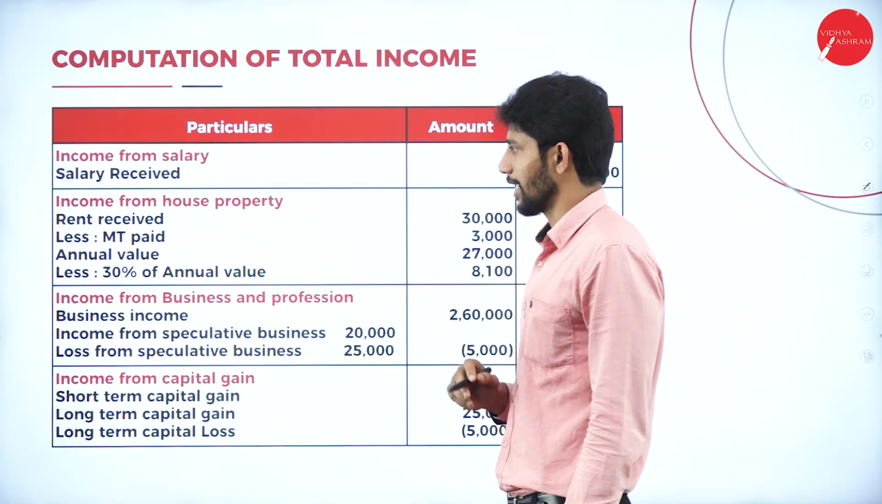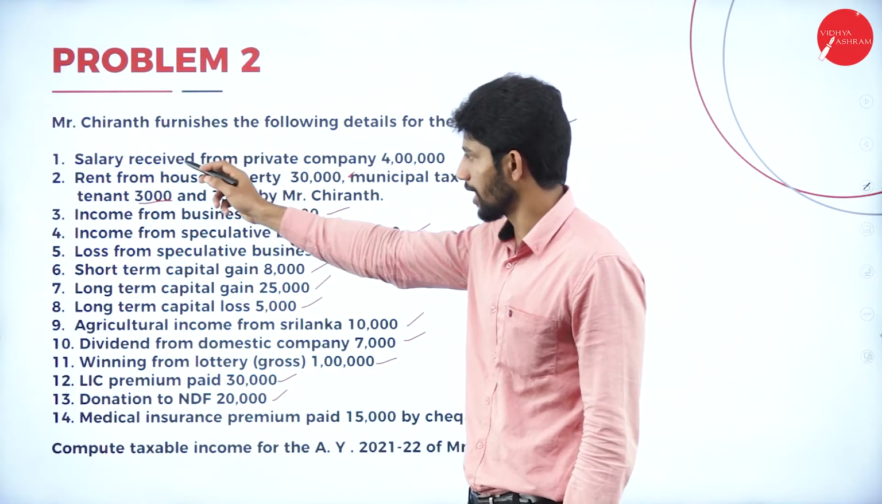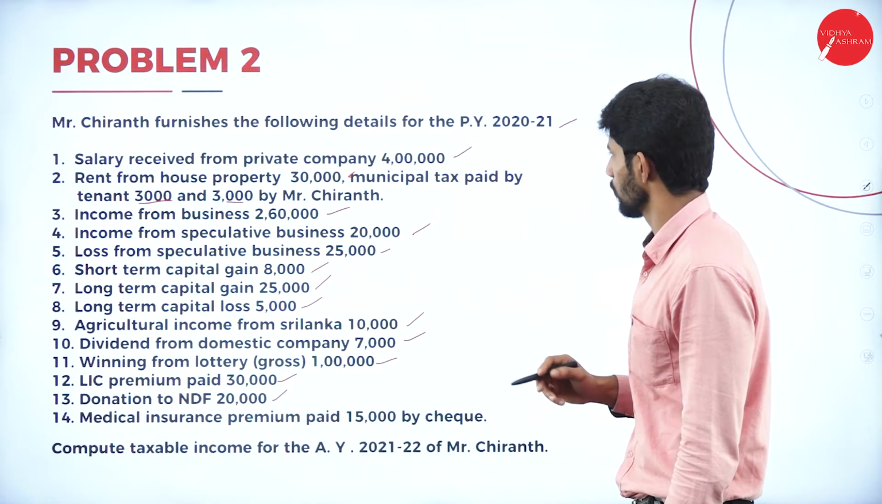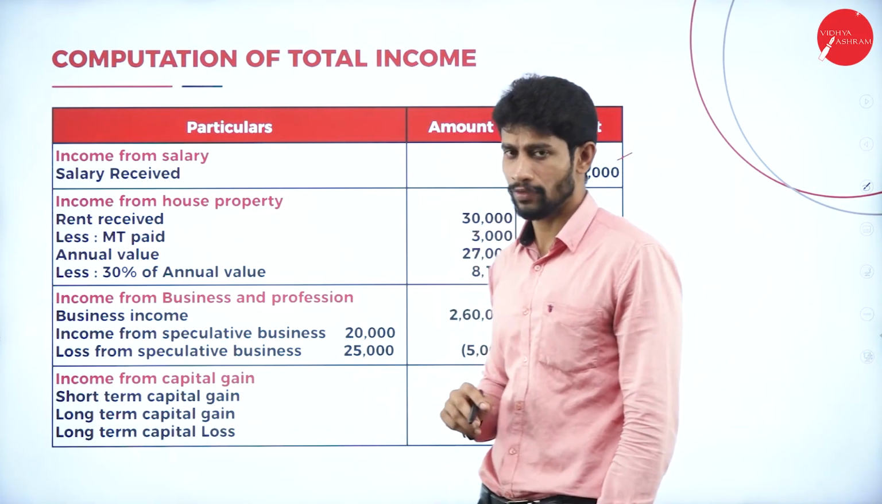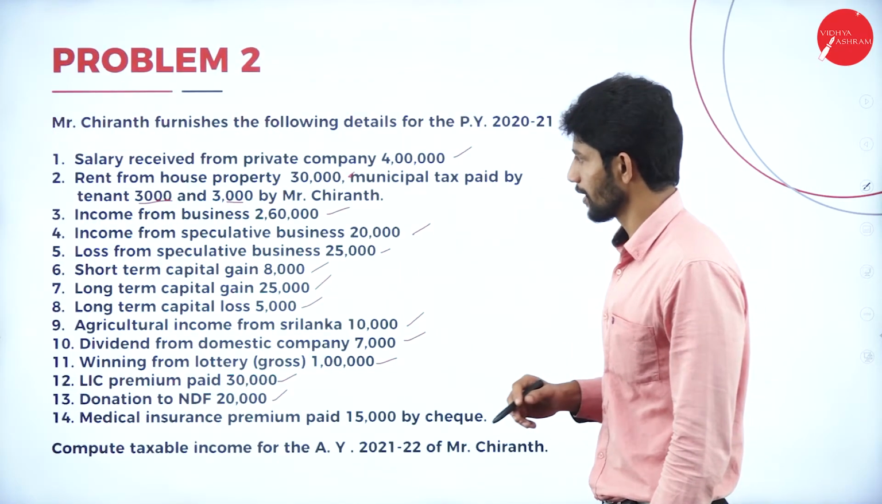So income from salary. Do we have any income with respect to salary? Yes, we have 4 lakh rupees. So write down the 4 lakh rupees here. Next, income from house property. Do we have any income with respect to house property? Yes, we have